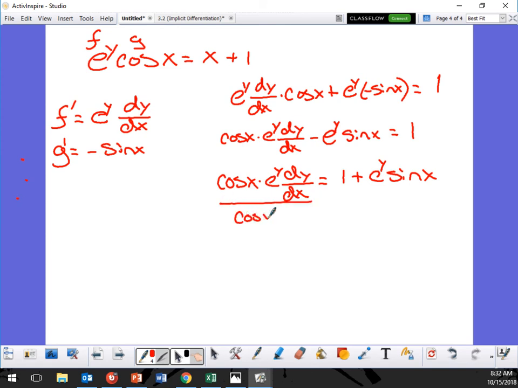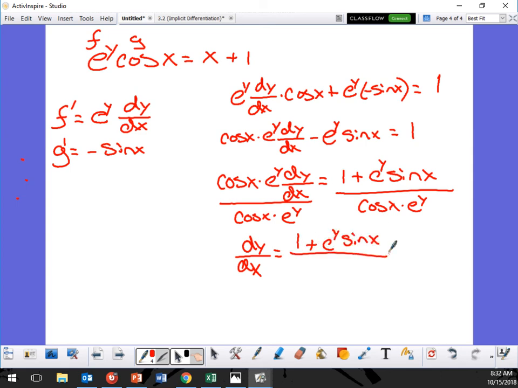So it's cosine x and e to the y, so it's going to be dy dx is equal to 1 plus e to the y sine of x over cosine x times e to the y. So now that I have the derivative,